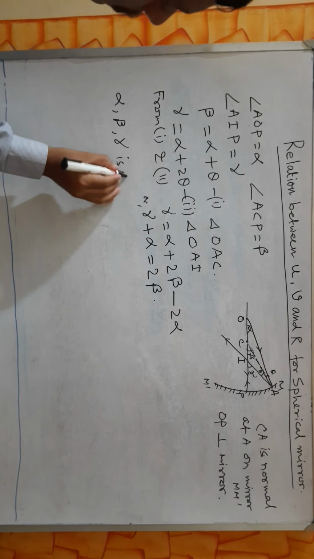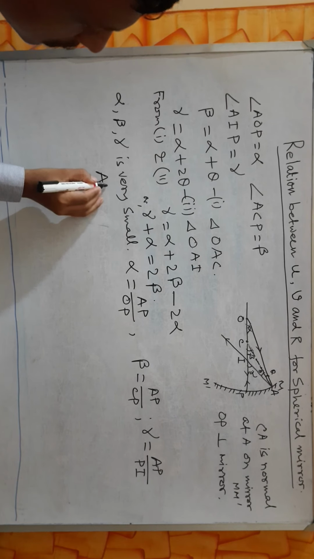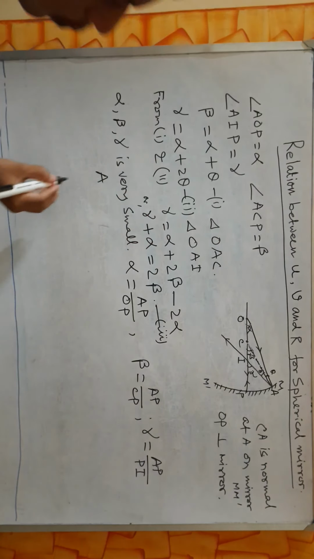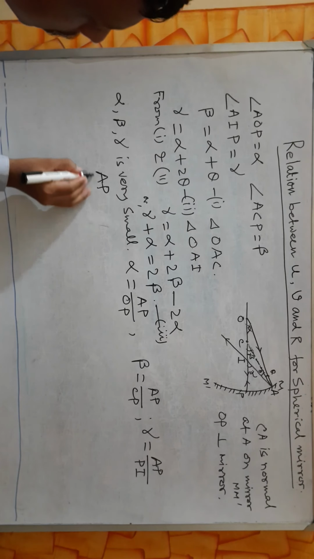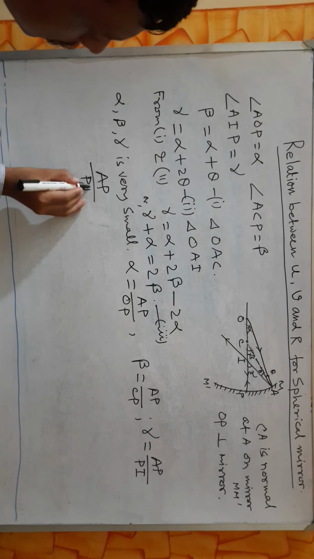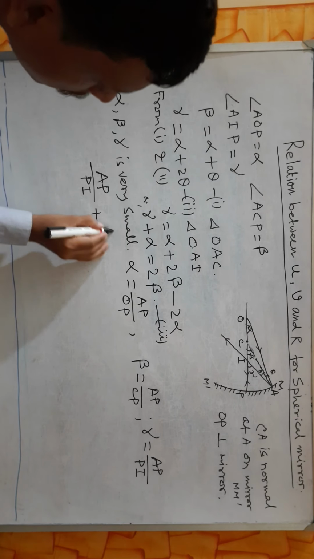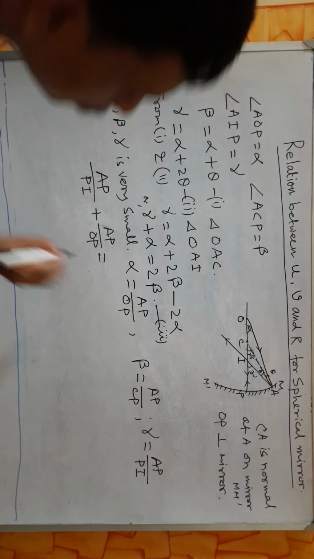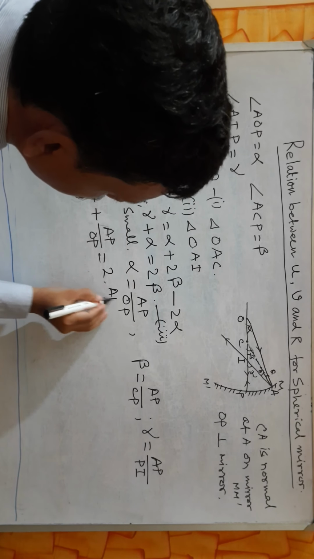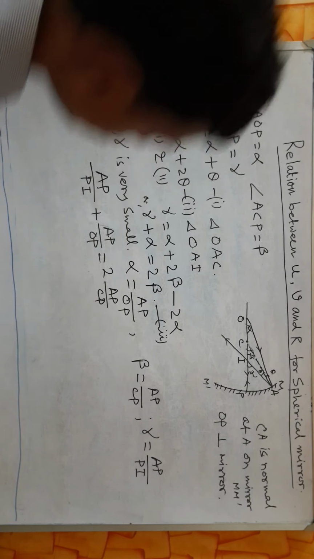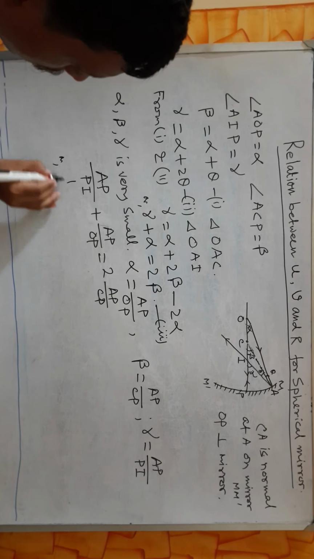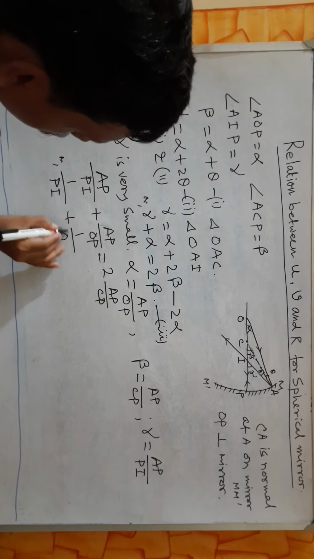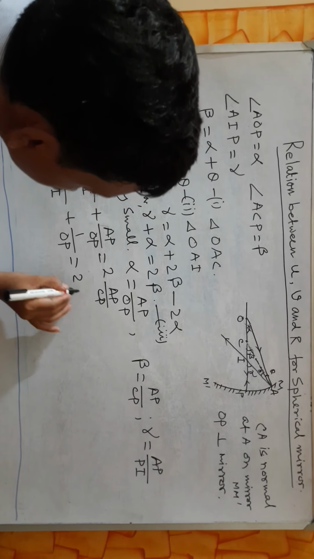From equation 3, put this value: AP upon PI plus AP upon OP is equal to 2 into AP upon CP, or PI plus OP is equal to